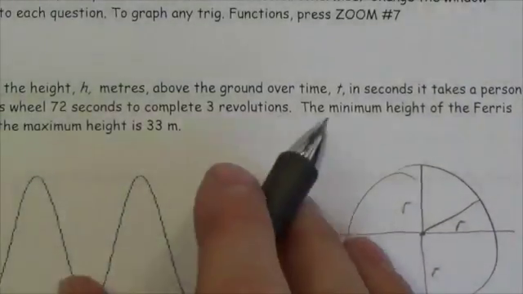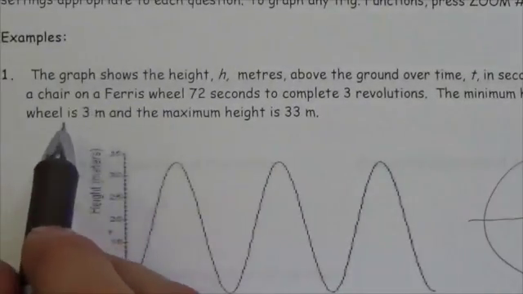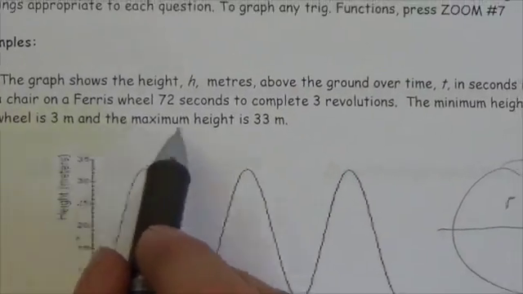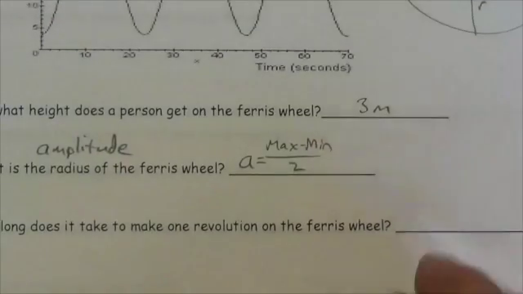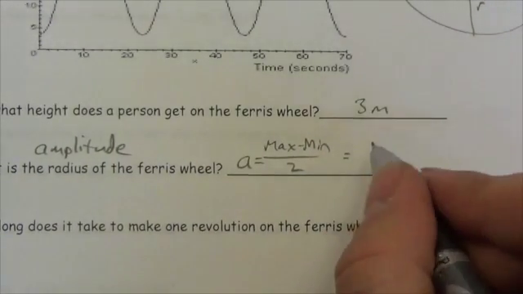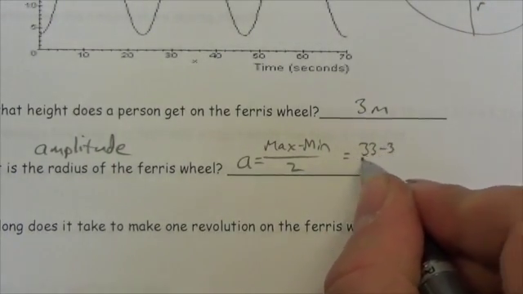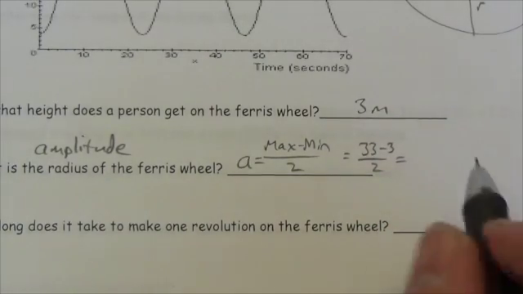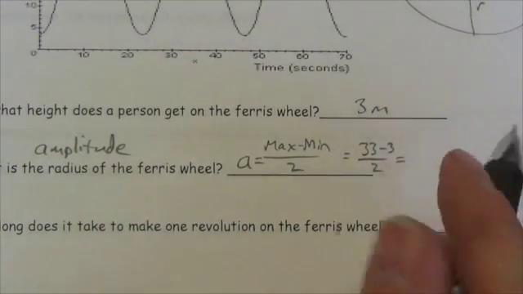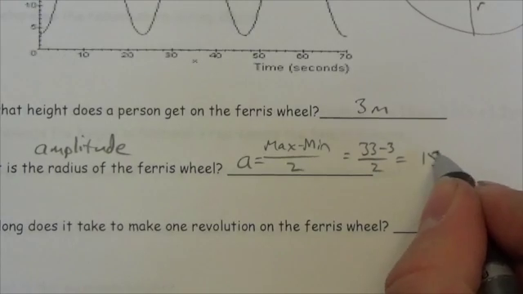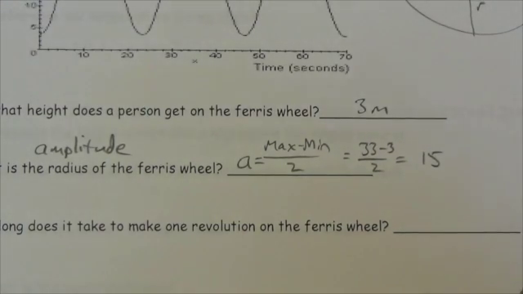Okay, now we've read here the minimum value that we get to here is 3 meters, and if we keep reading, the maximum height is 33. Okay, well that's going to be 33 minus 3 over 2. 33 minus 3 is 30, divided by 2 is 15. So the amplitude of this wheel, or sorry, the radius of this wheel is 15 because the amplitude of the